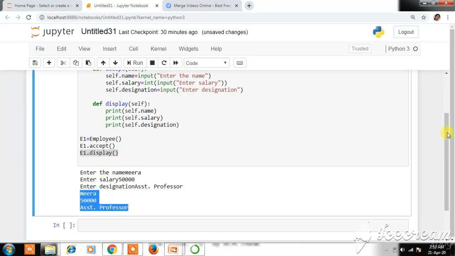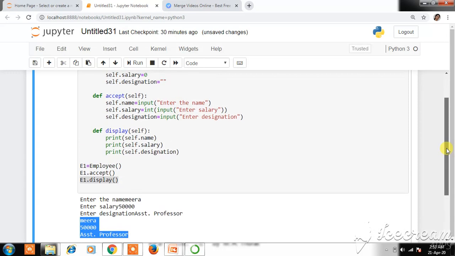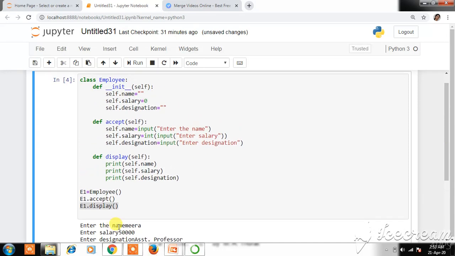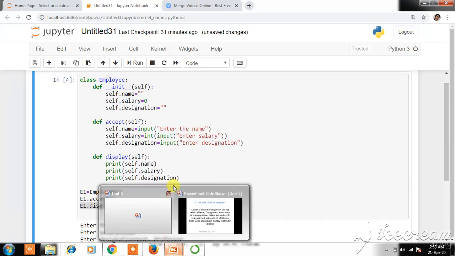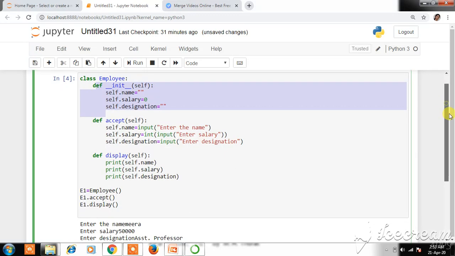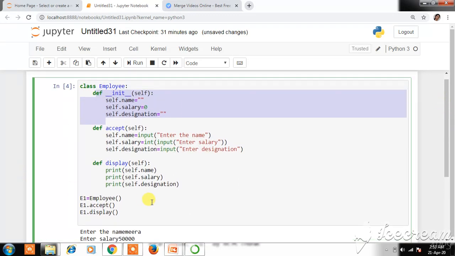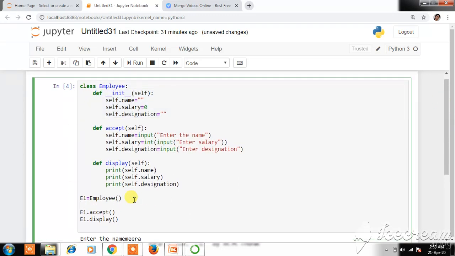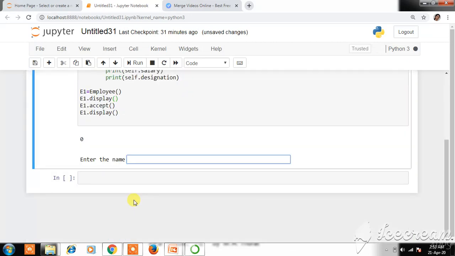Okay, so what is the use of the init method then? Before these values are accepted, init is actually called and the default values are assigned to those parameters. So if I want to display the default values of all these before accept, I'll first execute the display function and re-execute the same code.